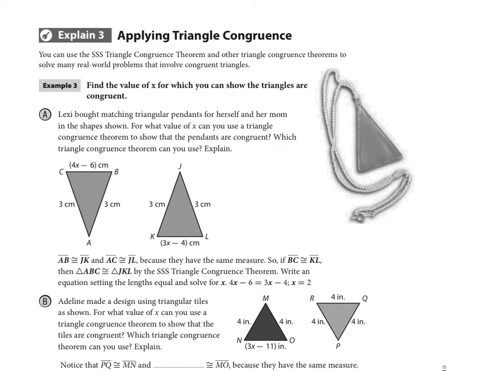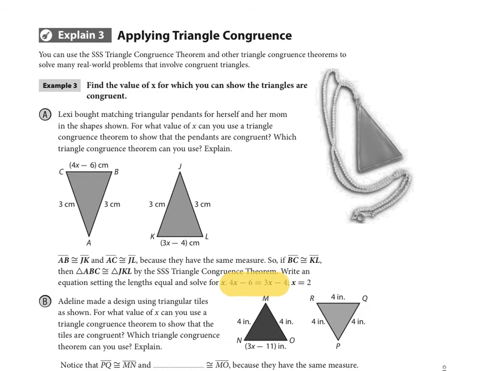So we're going to set up an equation setting the lengths equal, and that equation would be 4x minus 6 equals 3x minus 4. And if we solve that, subtract 3x and add 6 to both sides, we get x equals 2